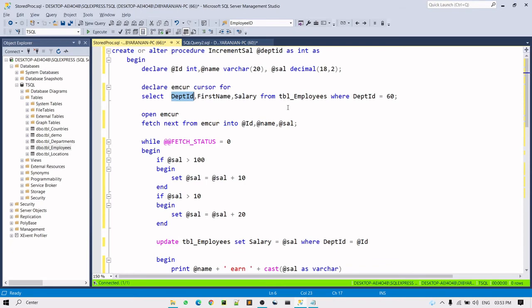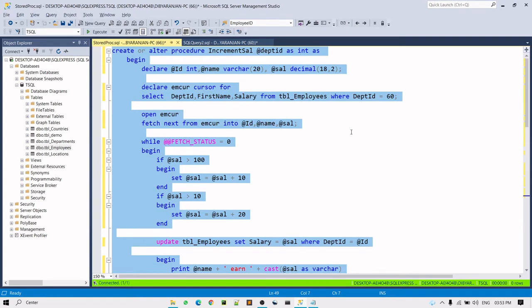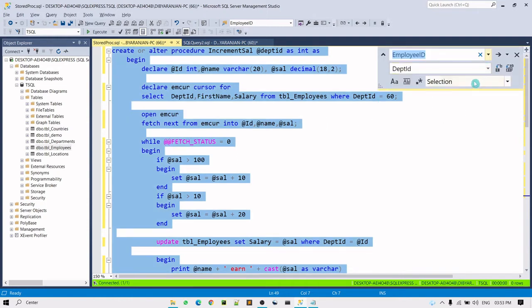So if you want to do that, just press Control A. That will basically select all the items present in the window, and you press Control plus H. That will open up this pop-up window, and with that you can replace the department ID with the employee ID.